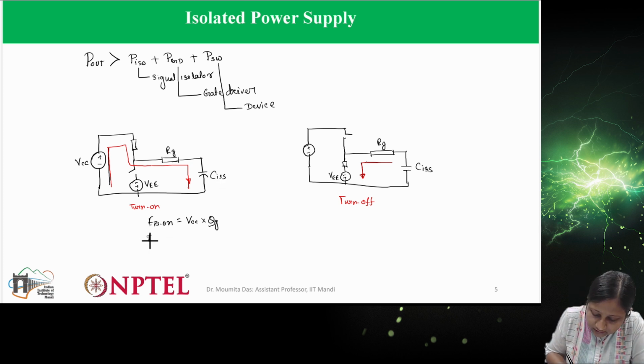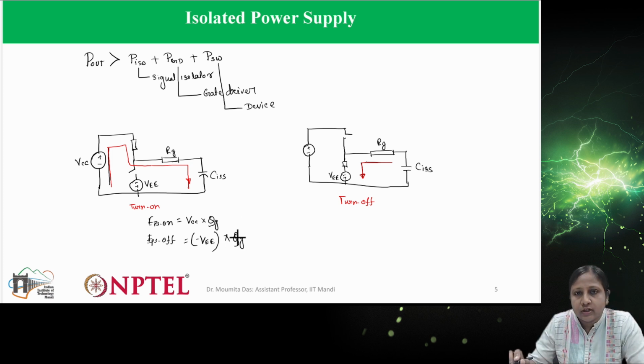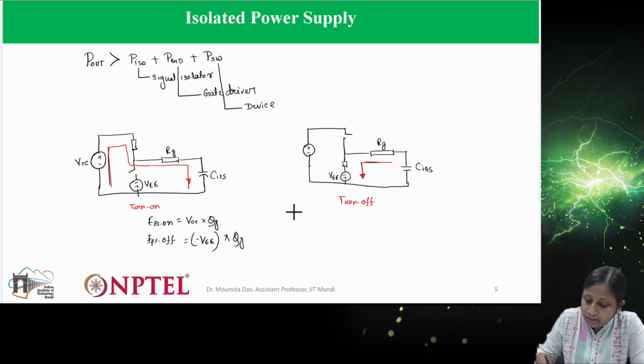And during the turn off time, this will be the negative supply. Since it is negative, this minus sign is coming, multiplied by the same charge that needs to be dissipated. So the total energy required in this particular process of turning on and off the gate, we can represent as